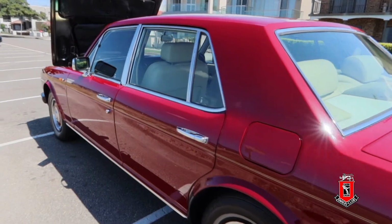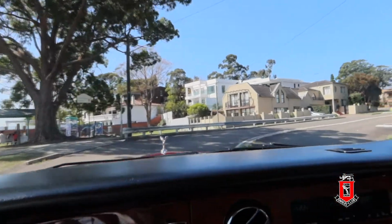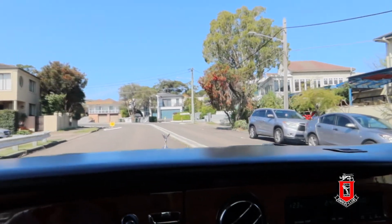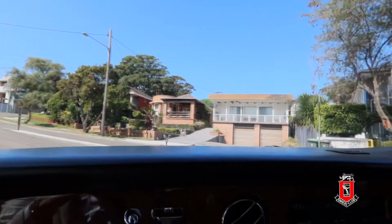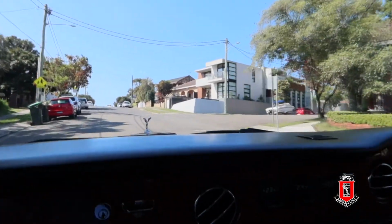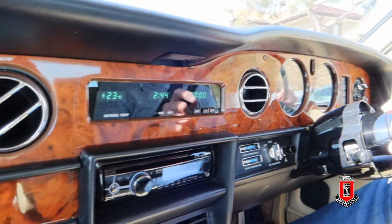Right. Well, can we go for a drive? Of course. Lovely, thank you. I've got to tell you what a beautiful drive it is too. Plenty of power, as we know, from the 6.75 litre motor with how much horsepower? Well, adequate. We're told. We don't know the actual figures, we just know it's adequate, and that's certainly what it feels like. The beautiful dash here, as you can see,